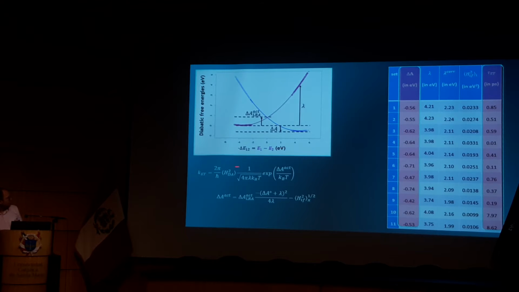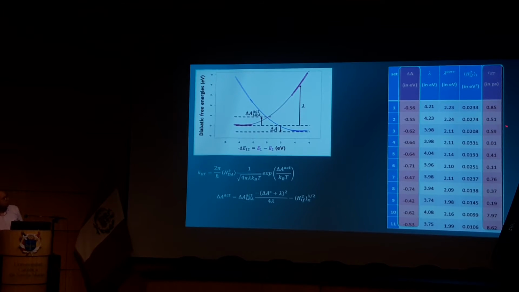So we compute the rate with the Marcus theory expression. So now that we have the reaction energy, the activation energy, that free energy that we can compute from the driving force and from the lambda. And we need also the quantum mechanical coupling here that we can compute with constrained DFT. This is the last column here.